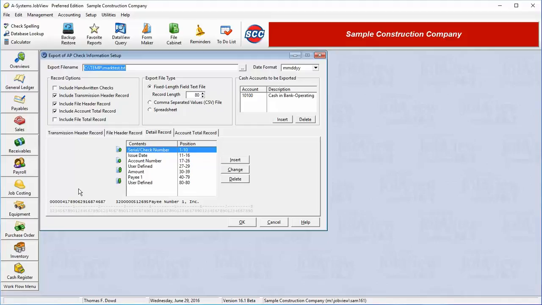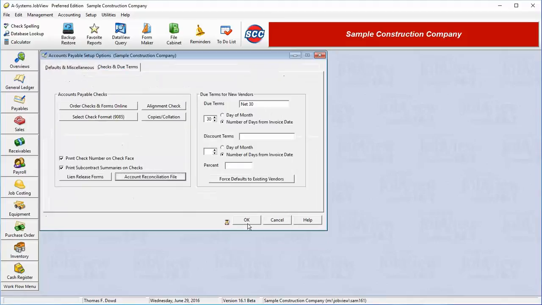The settings in this window allow you to design the attributes of this account reconciliation text file. It will be created each time checks are printed, so you can upload it to the bank. On the right, you can enter the default due terms and discount terms for entry of new vendors into the system. This means whenever we enter a brand new vendor into the system, these terms will be inserted into the